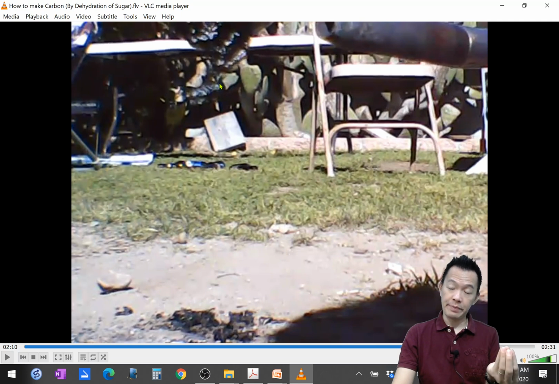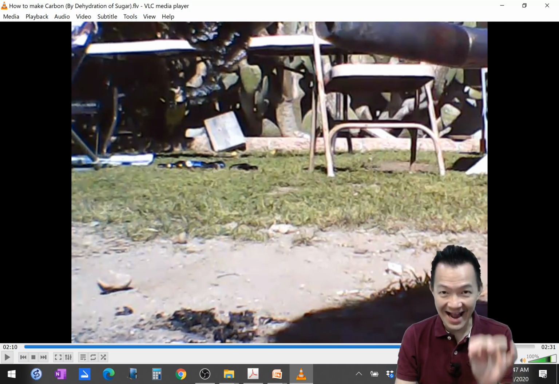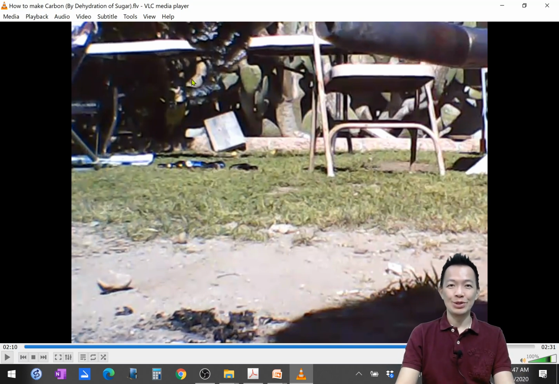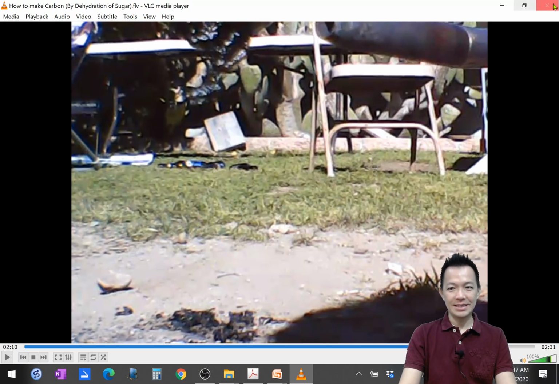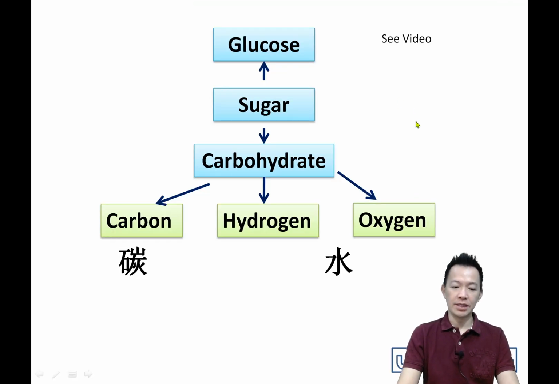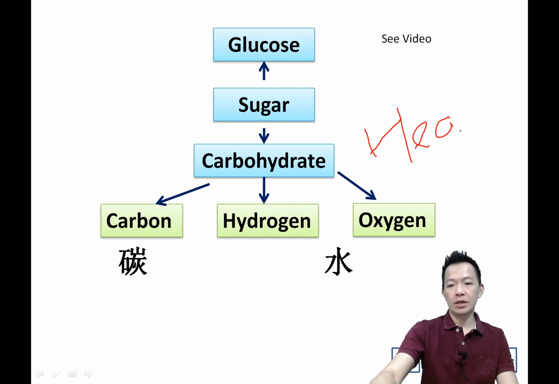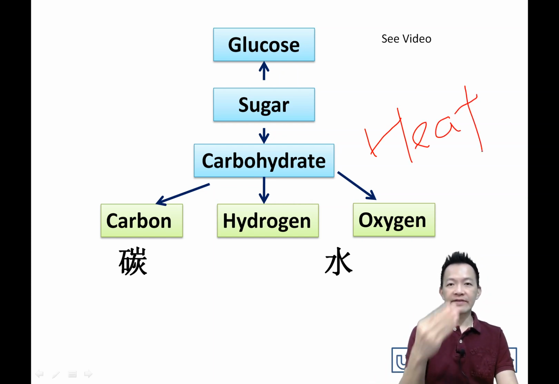When sugar is burned, the water disappears and what remains is carbon. So to prove that sugar is a carbohydrate, okay, this is my first experiment. I'm using the heat energy to separate the compound. Okay. So after I separate the carbon together with the water, I still want to prove that water actually is